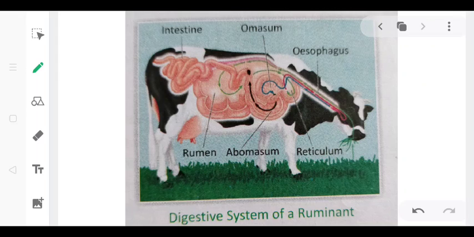All the ruminants have big chewing teeth and powerful jaw muscles so that they can chew their food properly. The stomach of ruminants is divided into four compartments. First one is rumen. Next one is reticulum. Third one is omasum, and fourth one is abomasum. The half chewed grass is swallowed and it first goes from the mouth to the rumen, as you can see here.